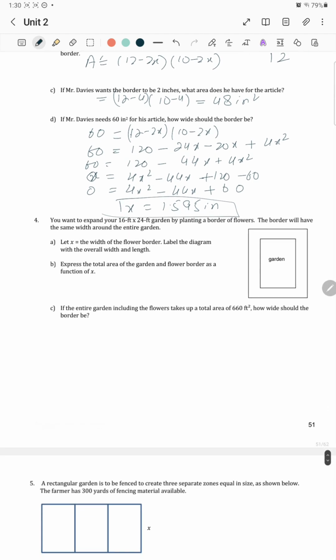You want to expand your 16 feet by 24 feet garden by planting a border of flowers. That border will have the same width around the entire garden. If the entire garden including the flowers takes up an area of 660